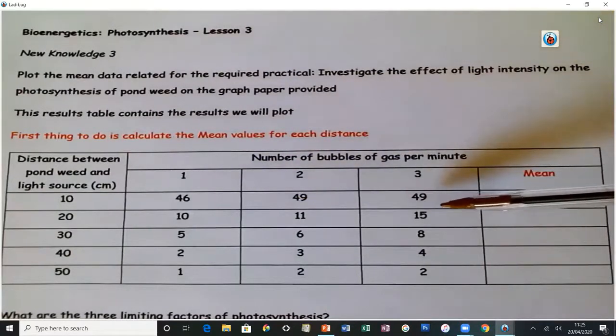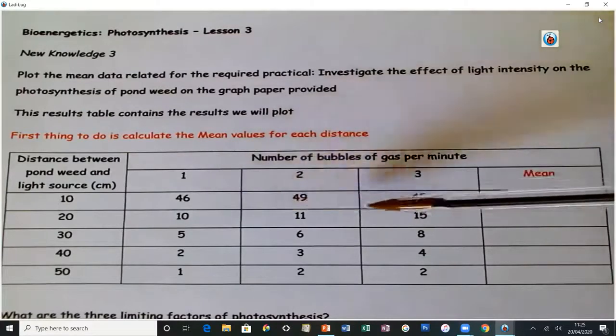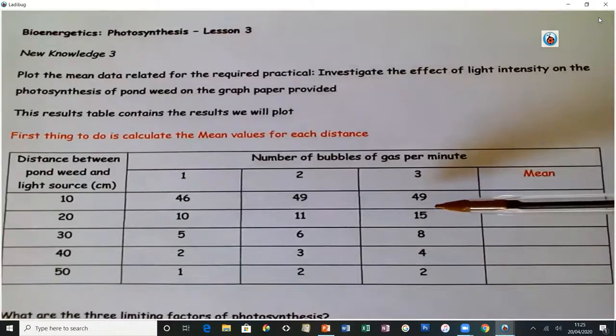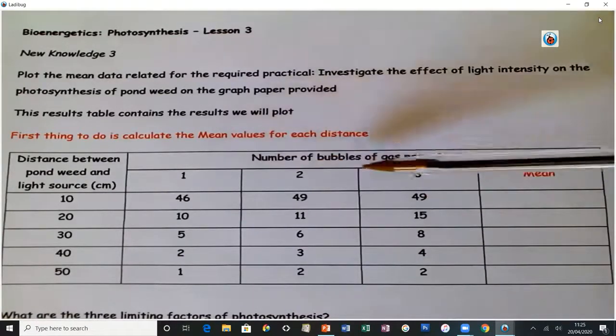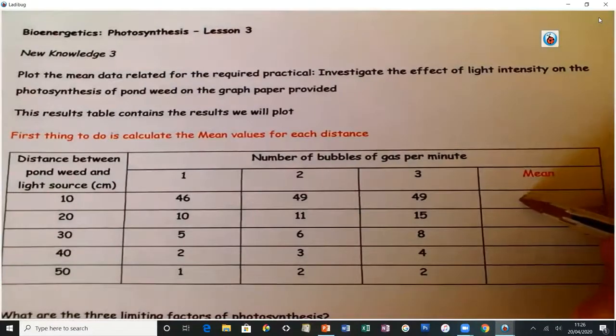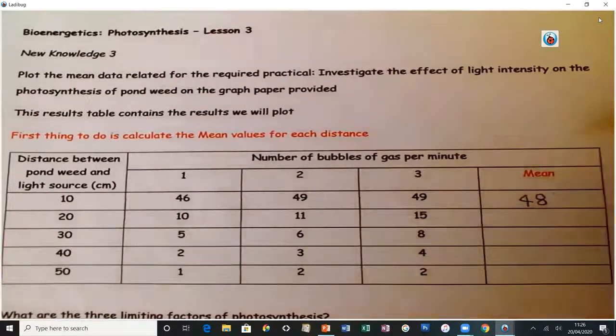So we need to work out the mean. So we add these 3 numbers together, which comes to 144, and then we divide by 3 because there are 3 sets of data that we're using. And 144 divided by 3 is 48. So if we write that in,